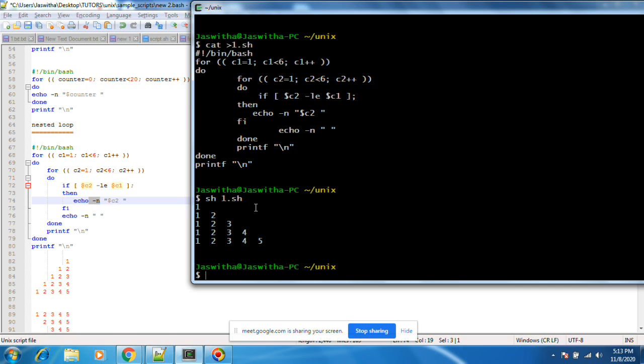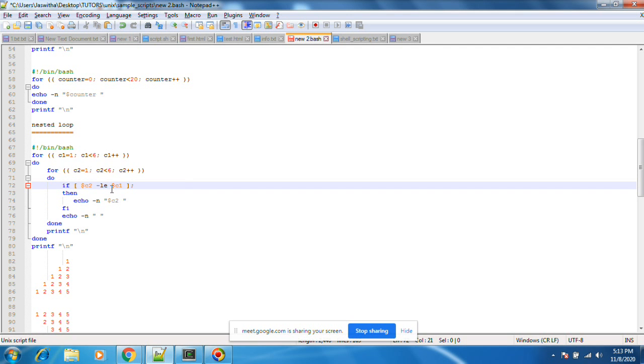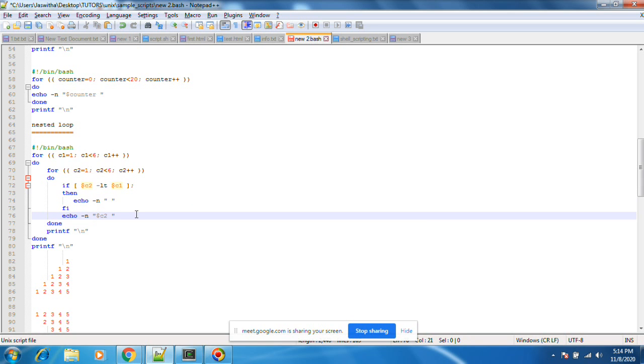The space is not coming here. Dollar C1 less than C2. Until that we'll give space.